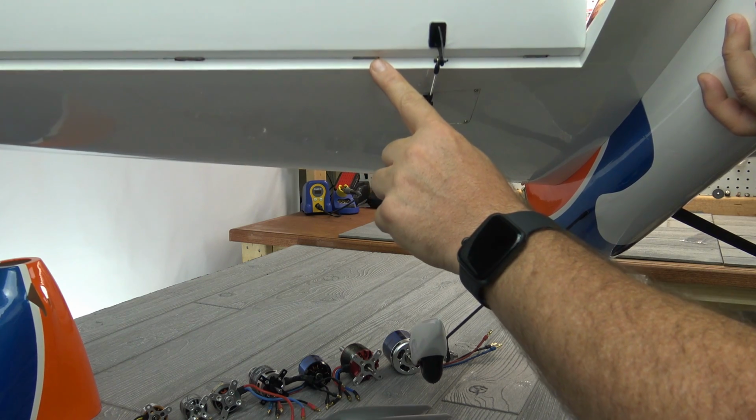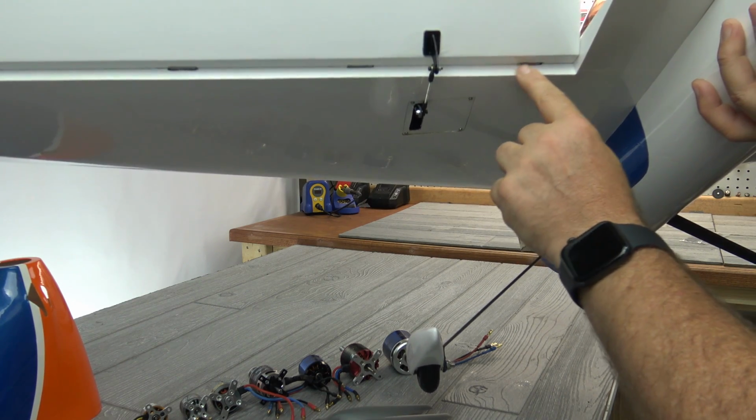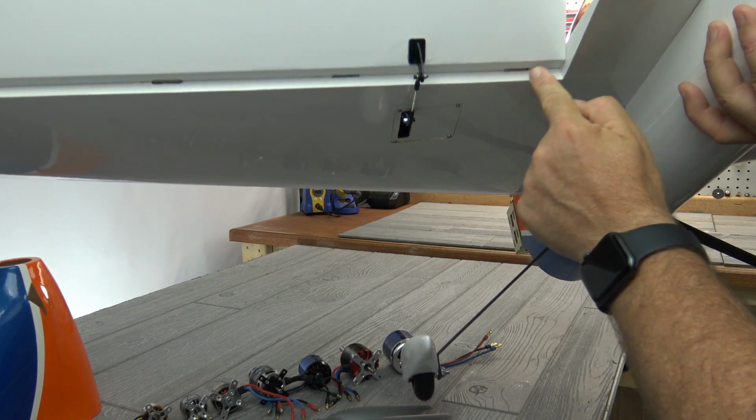Right, the next thing I want to show you is that this plane uses plastic hinges with a pin. The way I did this is they're slotted already, but I used my knife and made a mark on both sides. I fitted everything in, dry fit it, and once I got the hinges where I wanted them,